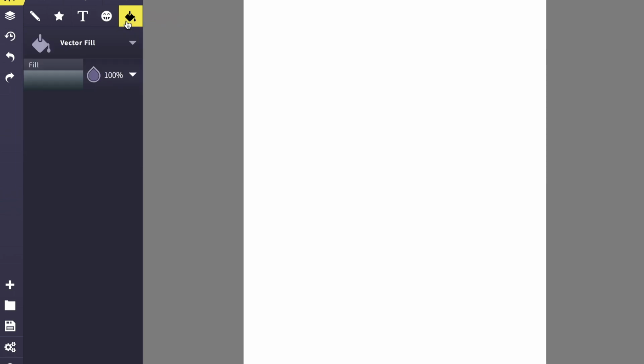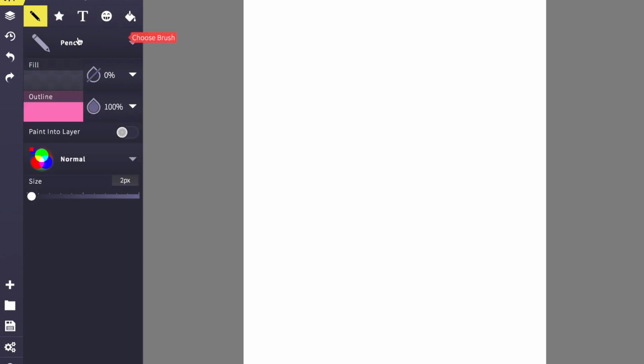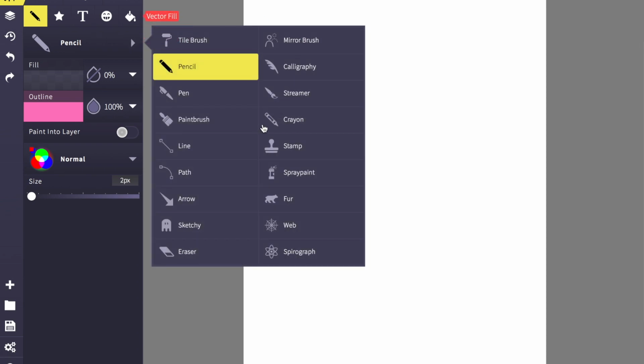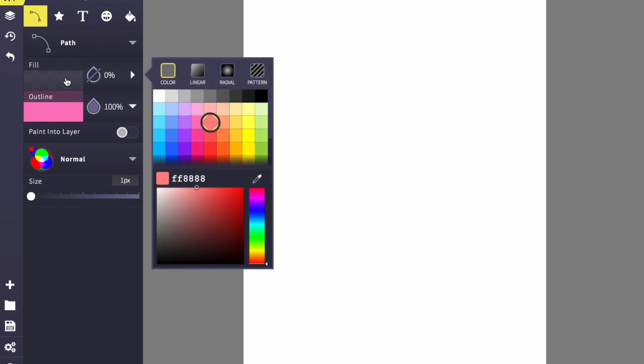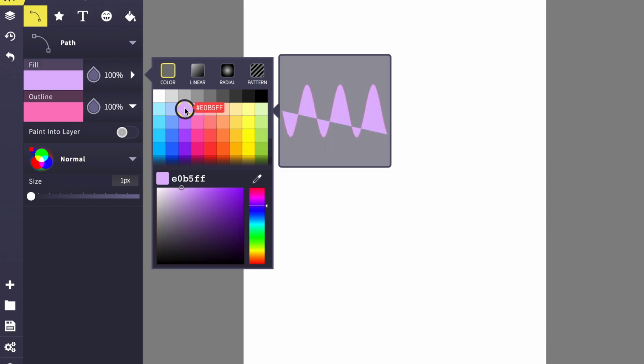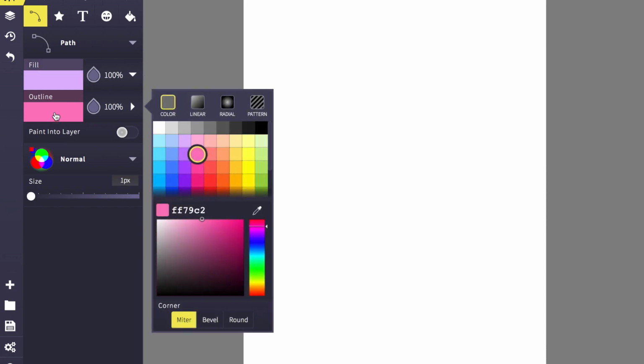You have your vector fill. Let's work on the path. This is very similar to Photoshop. You have your fill and your outline. So for fill, I'm going to do, let's do a soft purple. In the outline, let's do black,